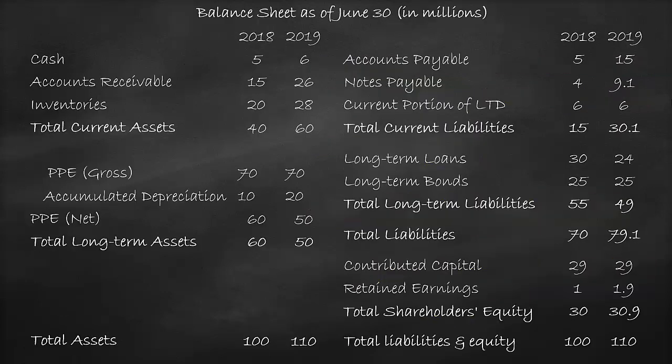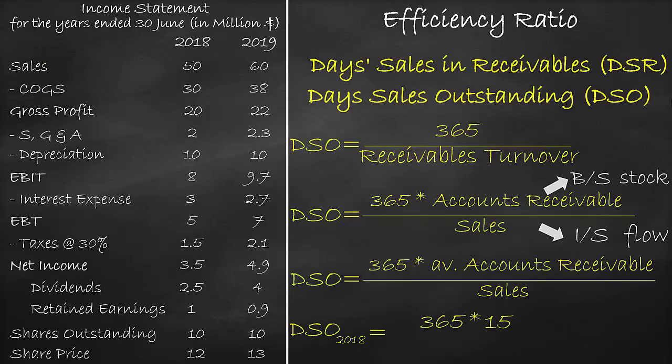365 times, let's look at the balance sheet for accounts receivables. Please note that 2018 is the first year of operations. Consequently, we do not have the average of the accounts receivables as we do not have a previous year. We have accounts receivables in the year of 2018 of $15 million. So, in our formula, we will multiply by accounts receivables of $15 million divided by sales of $50 million, which is equal to